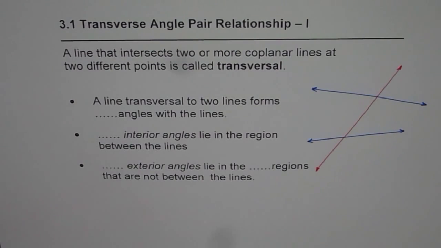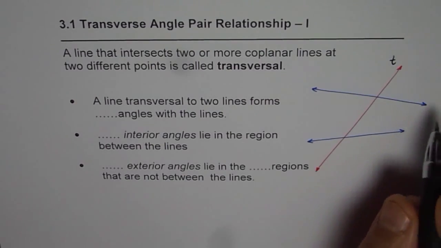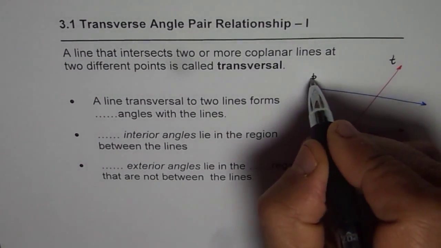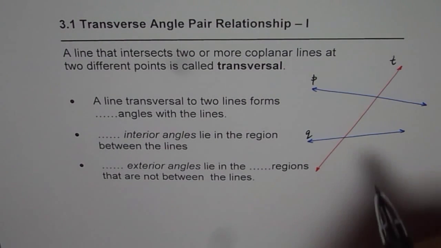And let's label them. We'll normally call the transverse with the letter T. Lines we can say P and Q, right? So we say P and Q. Lowercase letters normally are used to identify the lines. Now as you can see,